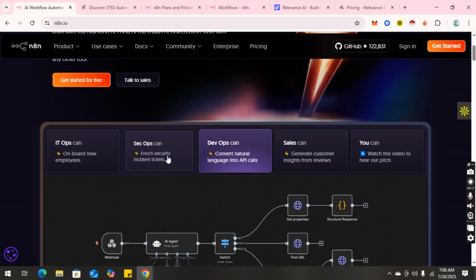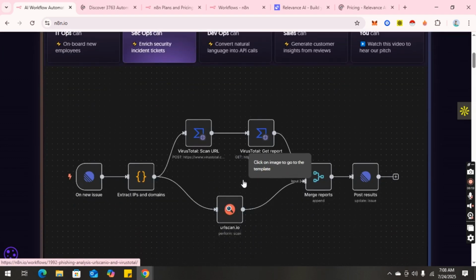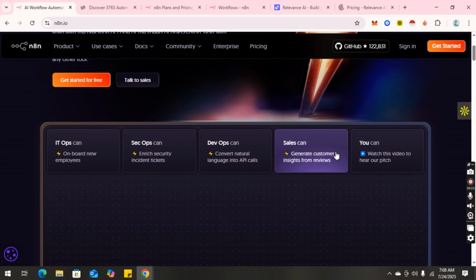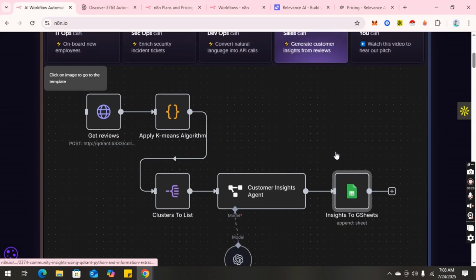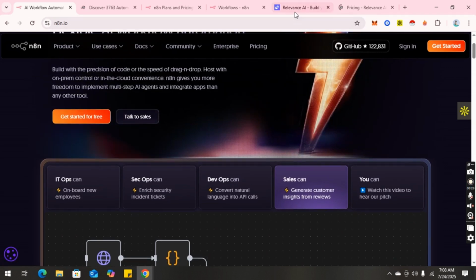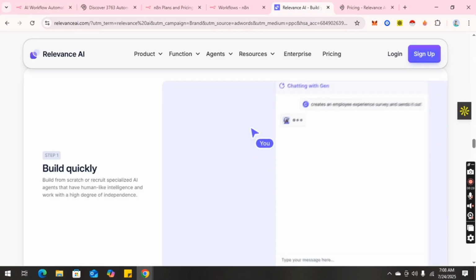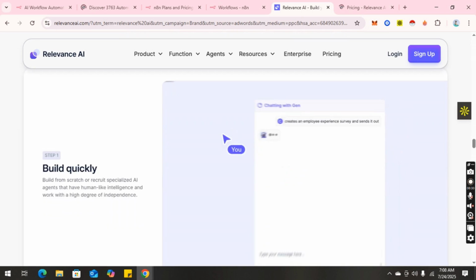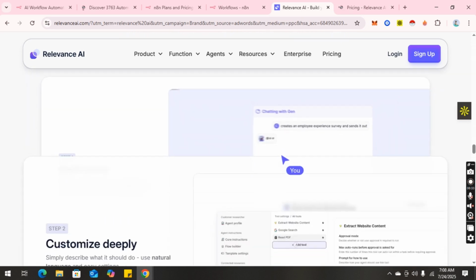This creates an emerging overlap where N8N begins absorbing AI capabilities while Relevance adds more workflow functions, but their DNA remains distinct. One flows around logic trees, the other around data mining.